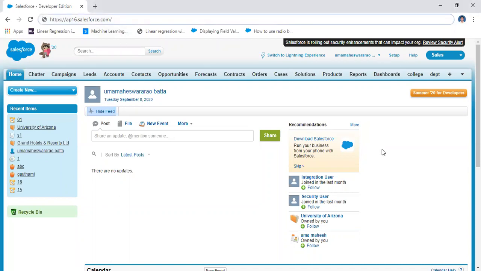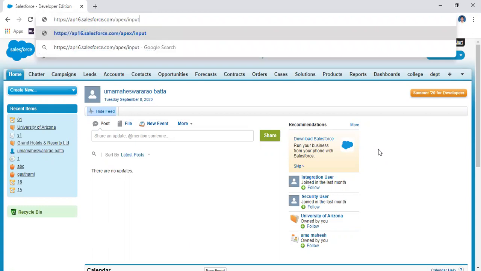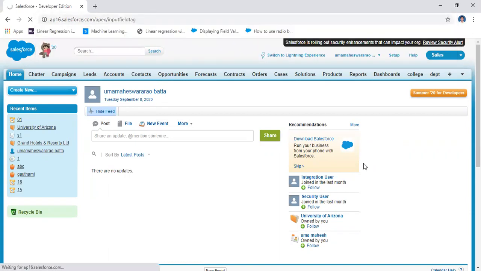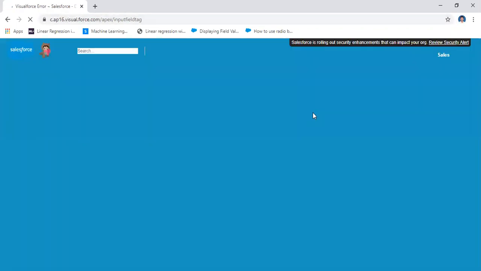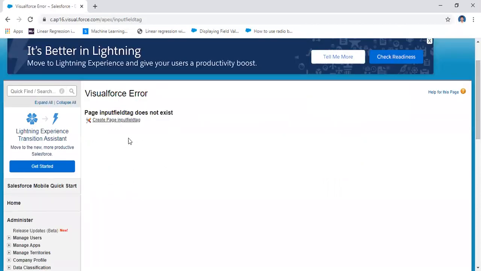Let us take a simple name, apex colon input field tag. I'm taking the name as input field tag. It displays like this. That means I'm going to create a new page. Here, create page.